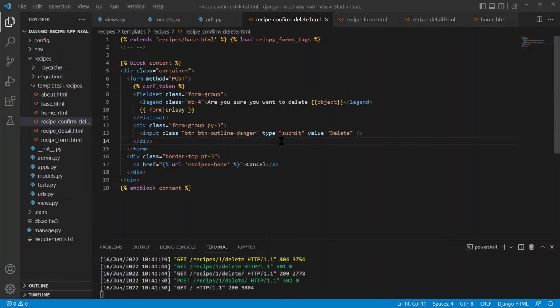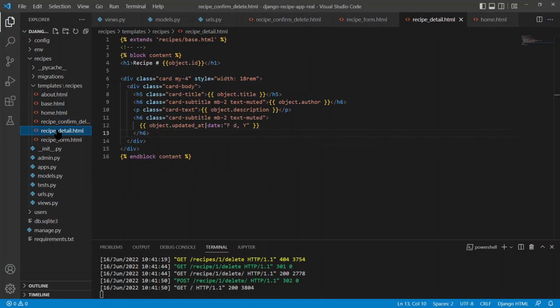And so the last thing to add now is to just update the UI, the interface, so that we can reach these pages, we can update and delete things. So I think the recipe detail page is a good place to have those links. So we'll go to the very bottom div, so outside of this card, and we'll create a new div, and we'll add a class to it, some Bootstrap col-4, so it takes up 4 columns,